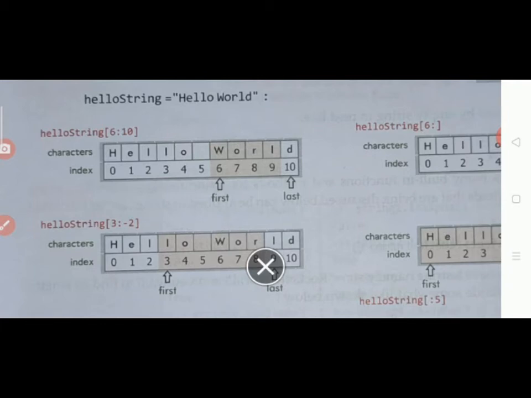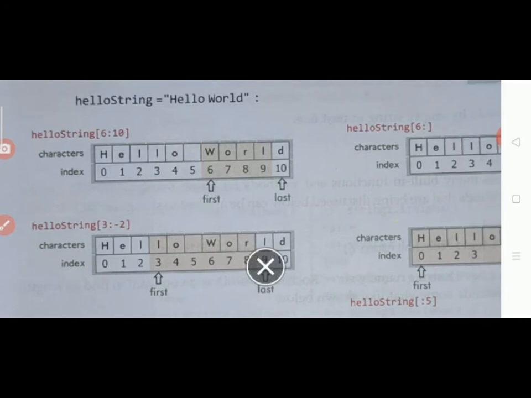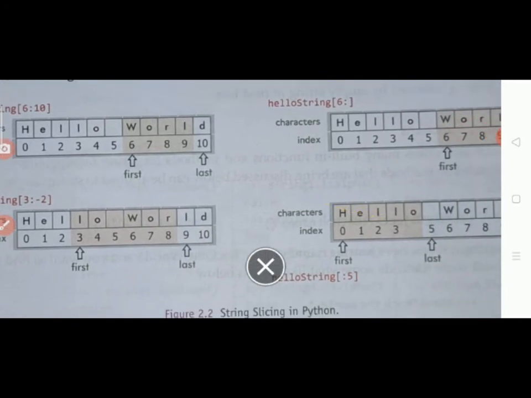In the first example, 6 to 10 means 6 is the starting position and 10 is the last position. This is shown in the diagram, and it is easy to understand with the help of the index.